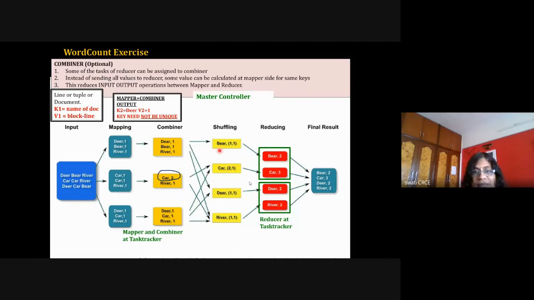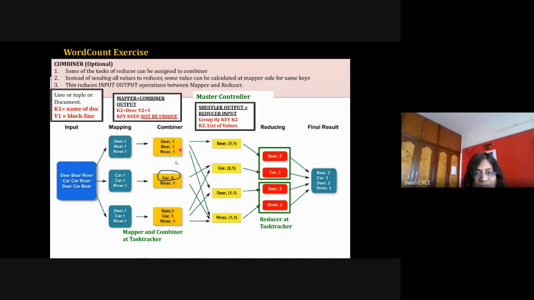Okay. Now the shuffling is done by the infrastructure of Hadoop, and the shuffler's output is the input to the reducer. What the shuffler, the framework, will do is a group by operation on the key.